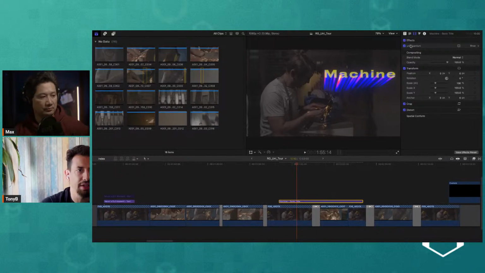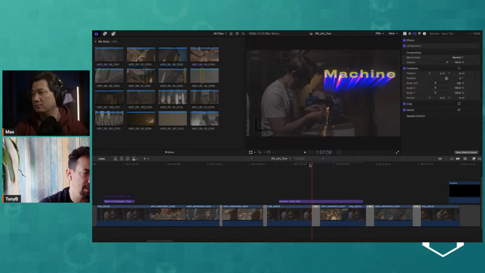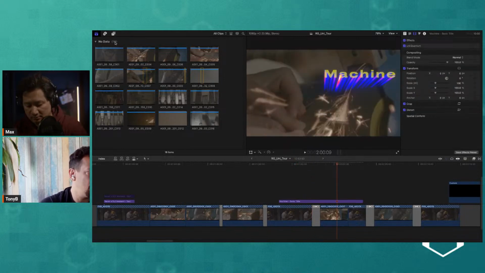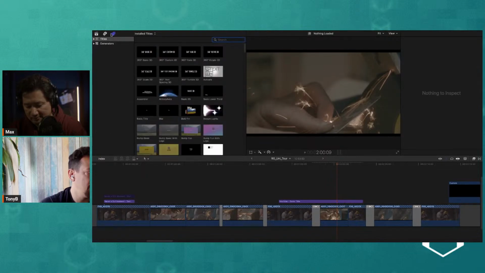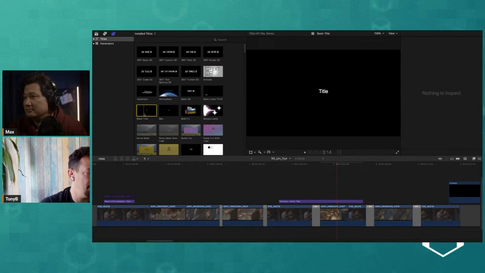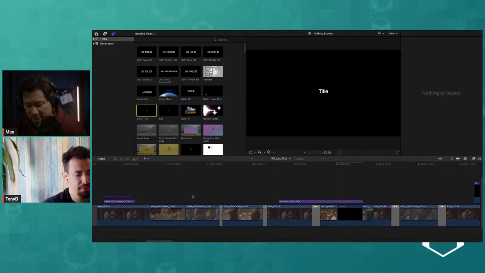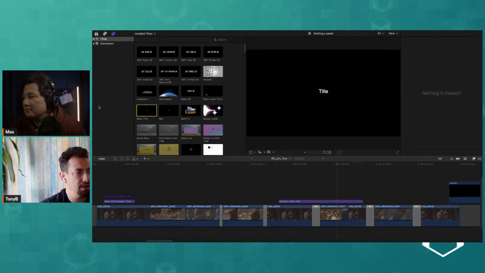Now, I've applied the quantum effect to this text. To get basic text inside of Final Cut Pro 10, you go here, and it's a little bit different. We go to generators, and in titles is basic text. By default, I mentioned this before, you can go to edit and then insert generator, and you do custom. So insert generator, custom, and then that's my default